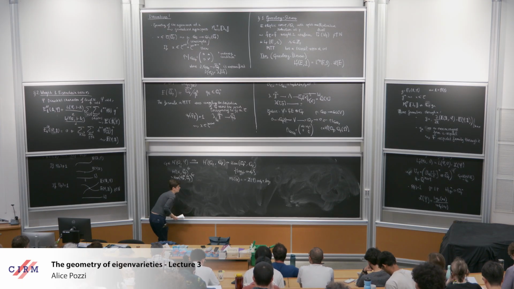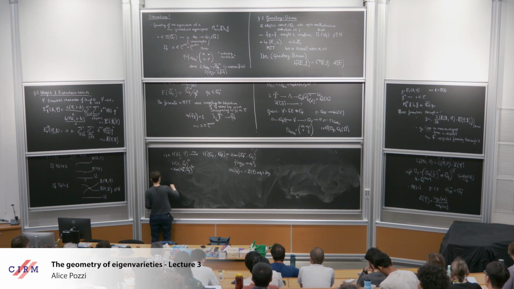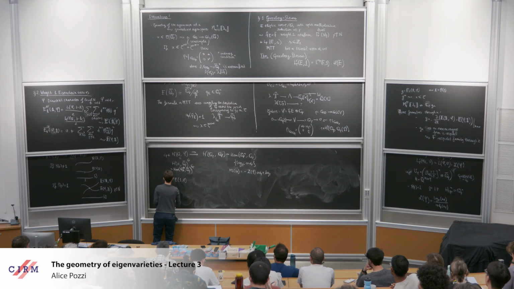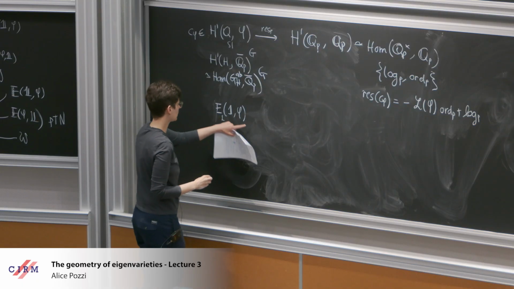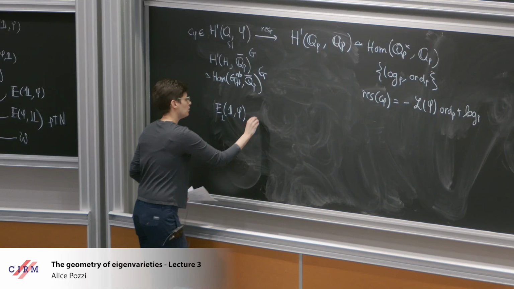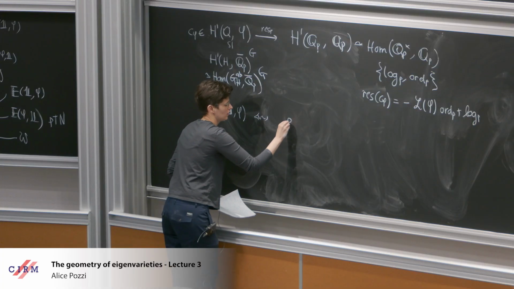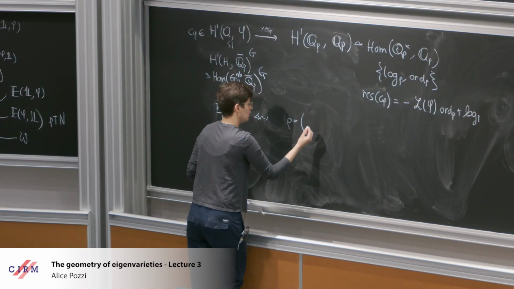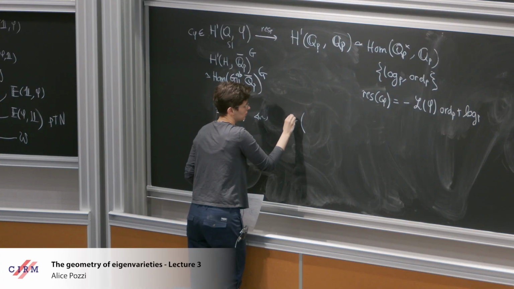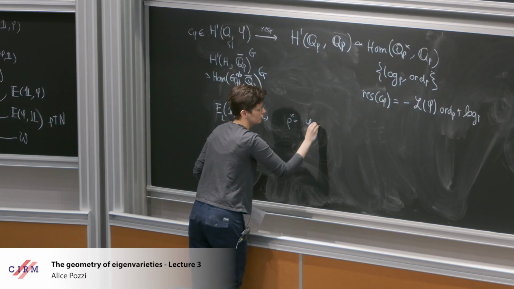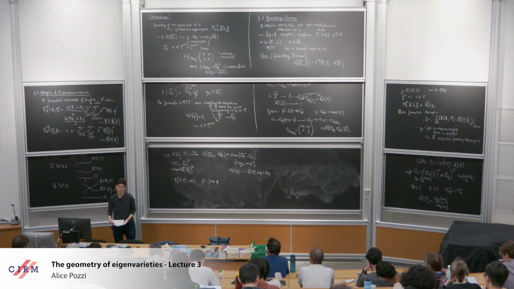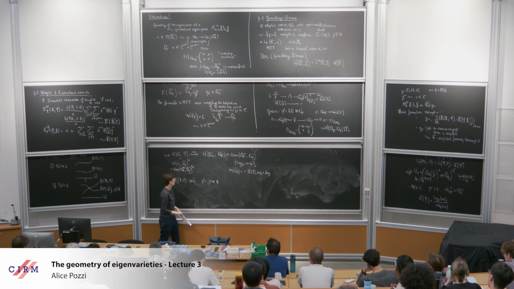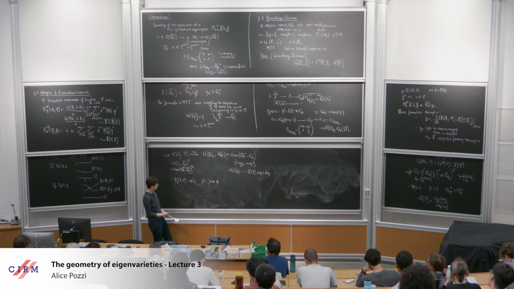So why is that relevant to the setting that we are considering? So the Eisenstein series, oh wait, the character attached to the pair of characters 1, phi will correspond to the Galois representation rho equals, well, up to semi-simplification, the sum of phi and the trivial character. Right. But crucially, this is true up to semi-simplification only.